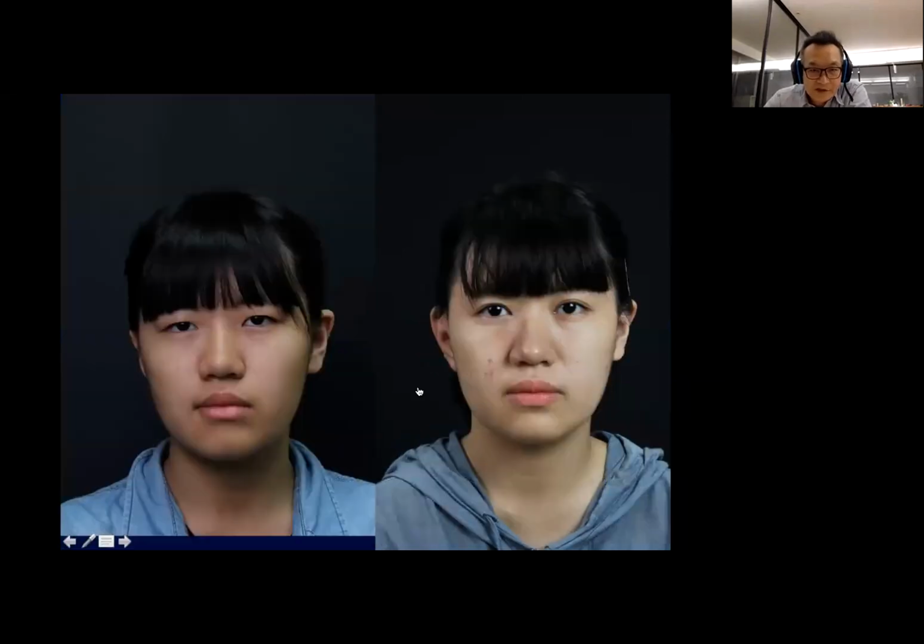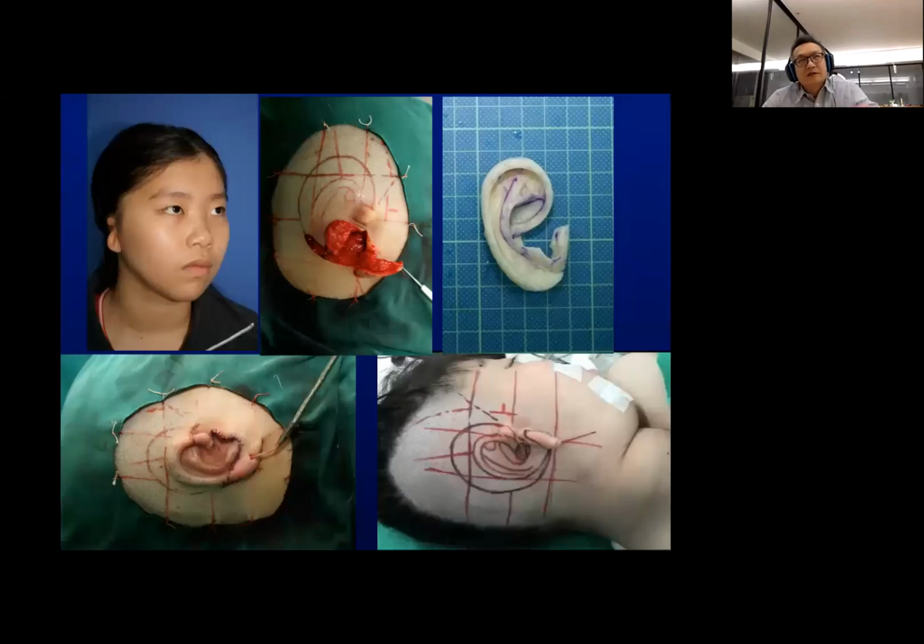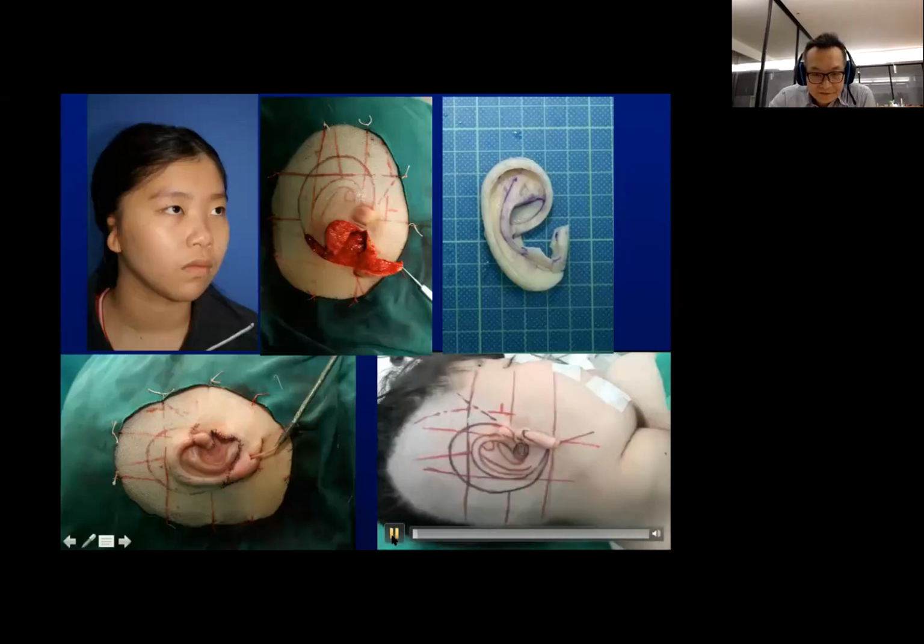And because we put the cartilage directly under the skin envelope, usually the healing will be primary, that means the scar could be good, the color could be good. The texture will be very, very close to the normal skin of the face. Okay. And you can see in this short video,